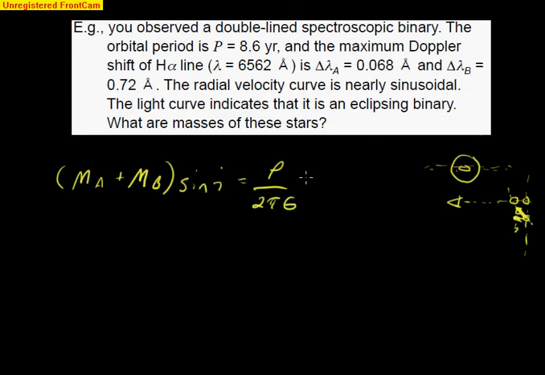This is the gravitational constant, G. And this is normally (V_AR plus V_BR) to the third power. So you can see this looks very similar to